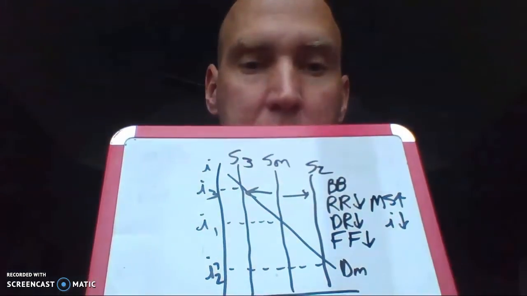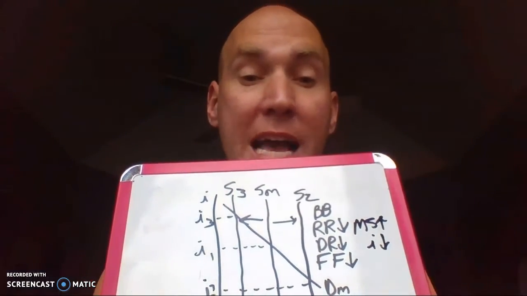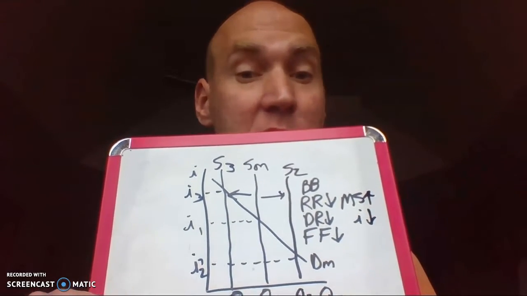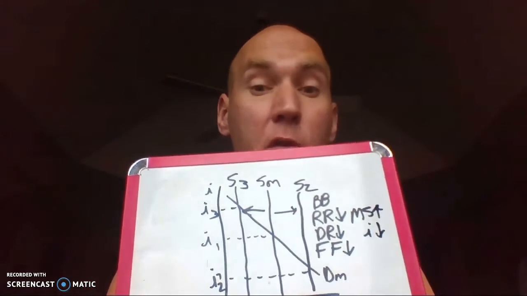And here's my correctly labeled graph. So I want to shift money supply to the left in this case. So I'm shifting from SM to S3. That's contractionary monetary policy. The four options for that would be, well, instead of buy bonds,